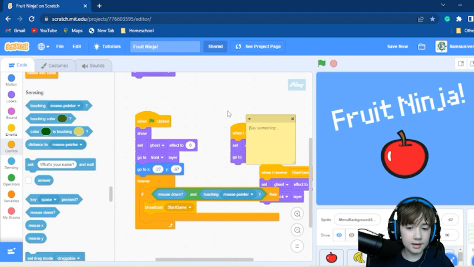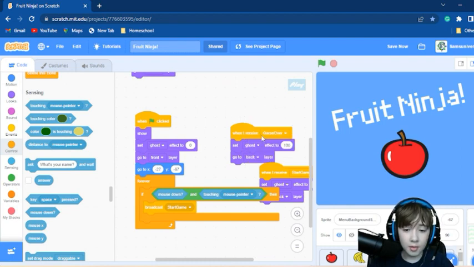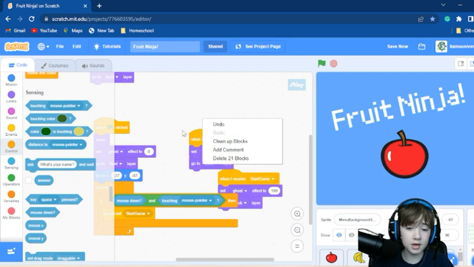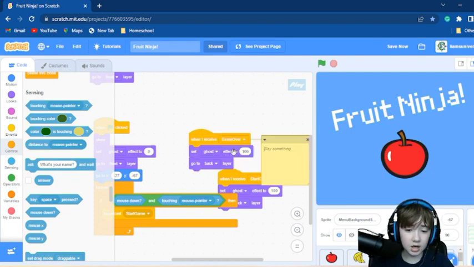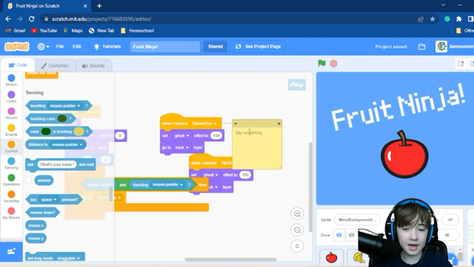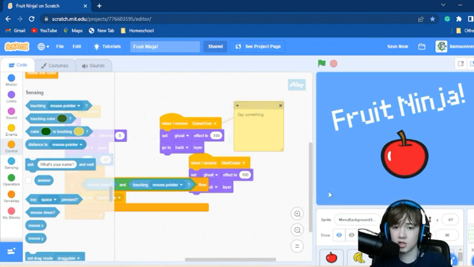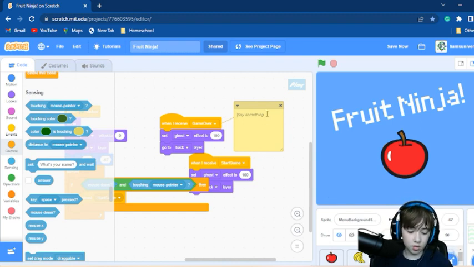I would say not a comment. Oh, by the way, I've never told you guys this, but you guys can do comments on here. So you just right click on your block, add comment. So a comment, I think I might have explained it before in Roblox, but pretty much it's kind of just noting things down. So you can just say, this is what